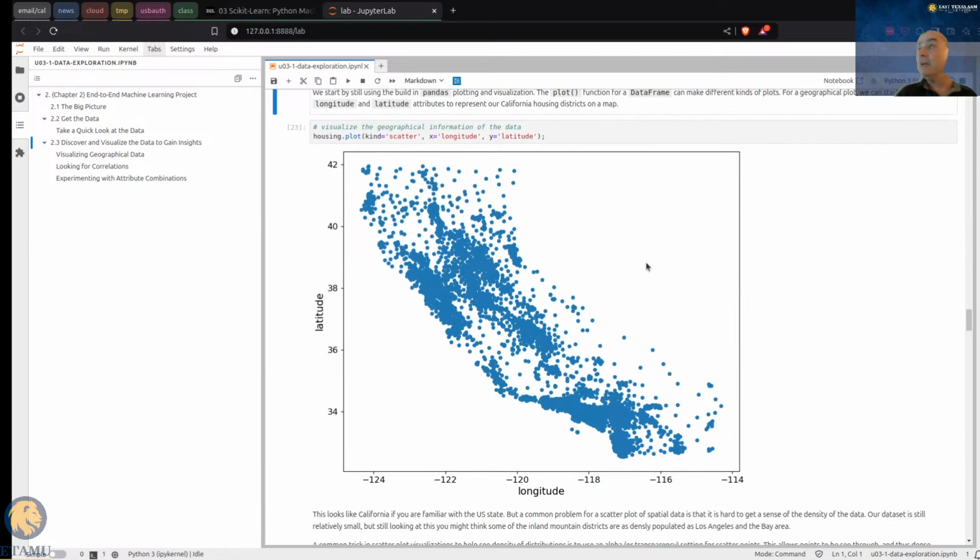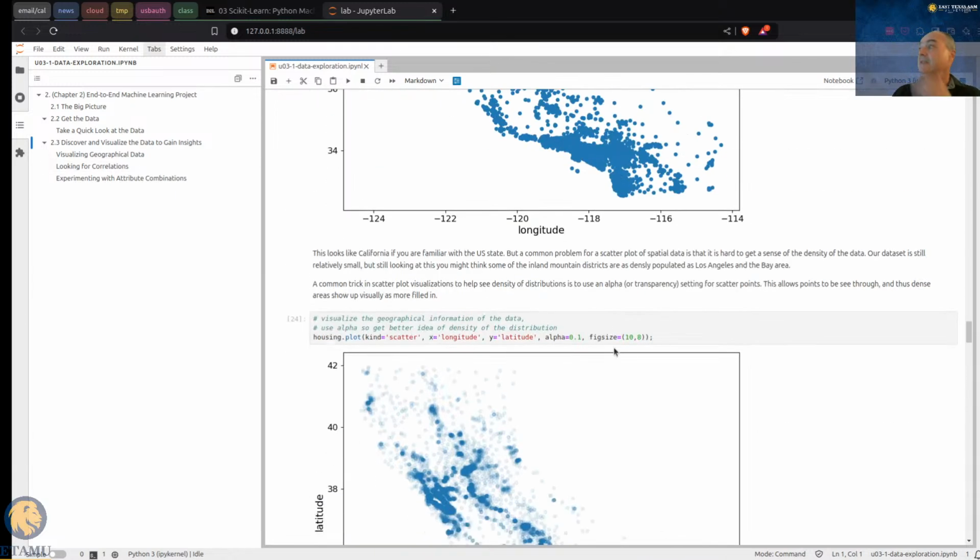So labeling your axes, using clear legends, and other kinds of tricks so that you can look at a figure and get lots of information about the data set, right? So that's really what this last section is. I probably shouldn't spend too much time on it. I'll let you guys